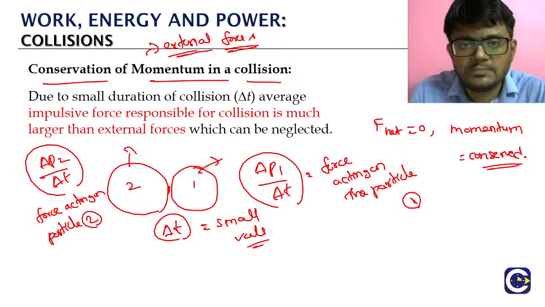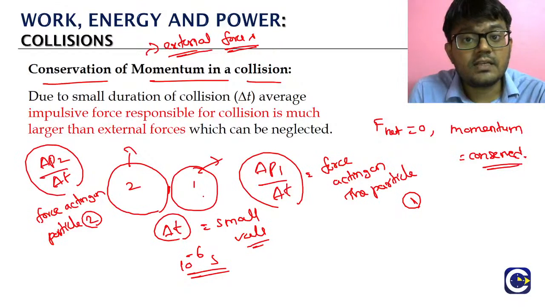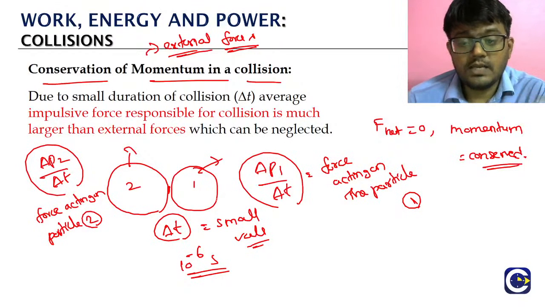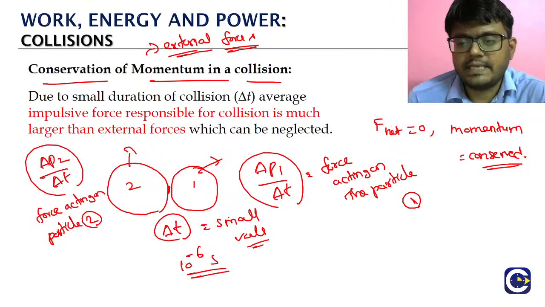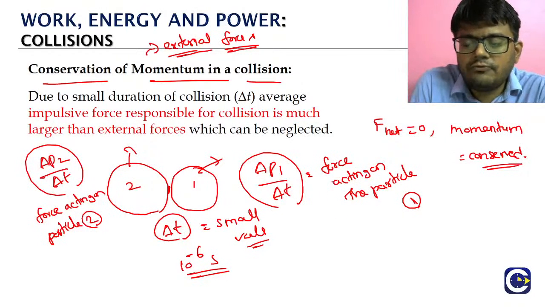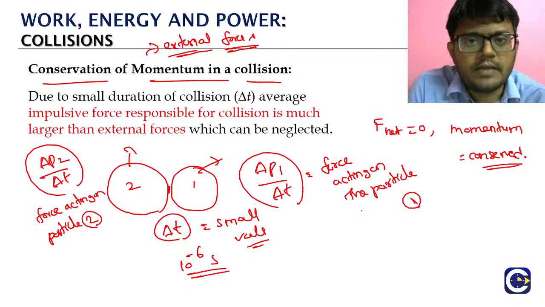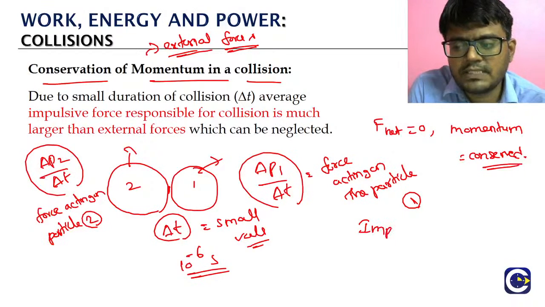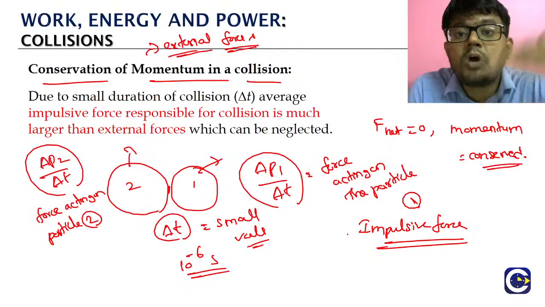Delta t is very small. If we say delta t is in the range of microseconds, that means 10 power minus 6 seconds. The change in momentum will be considerable, in the normal range. If you divide the change in momentum by 10 power minus 6, look at what the force will be, this force, which is the rate of change of momentum. We will also call it the impulsive force. So look at these force values, they will be coming out abnormally high.